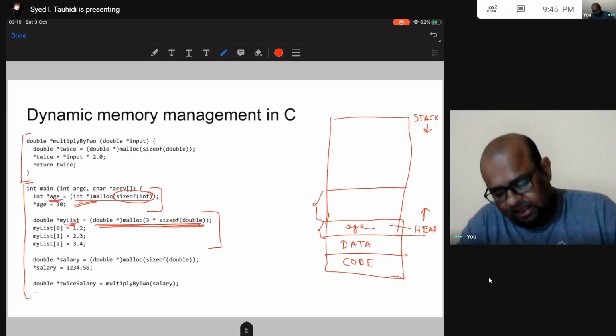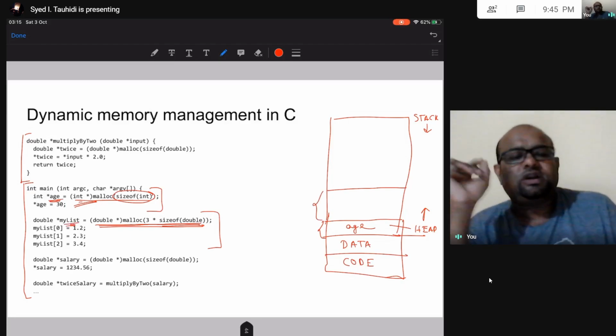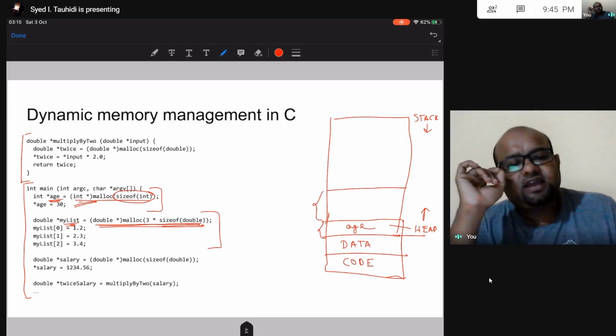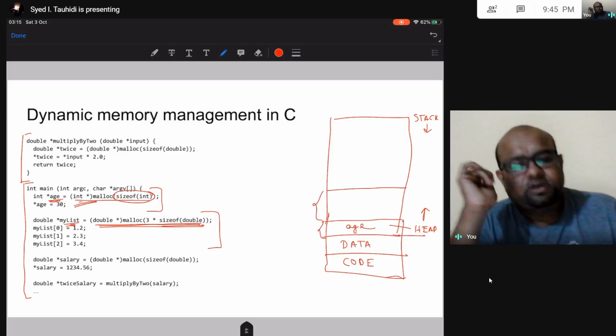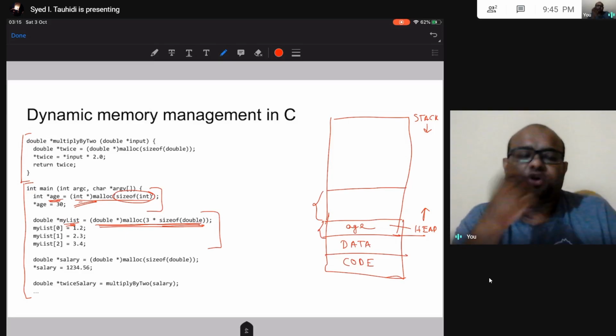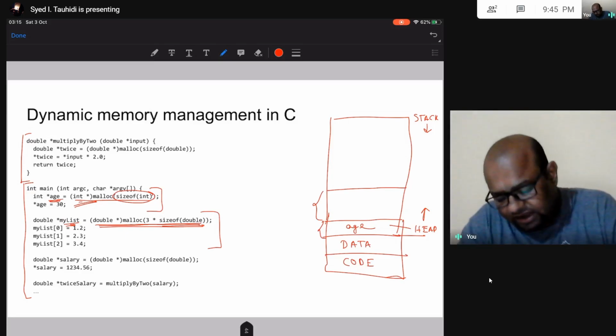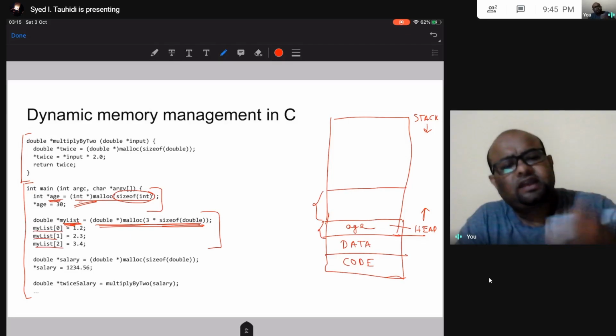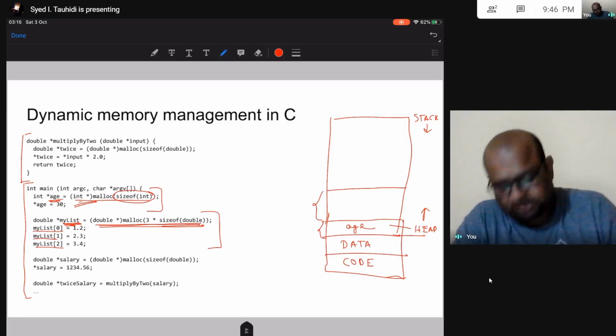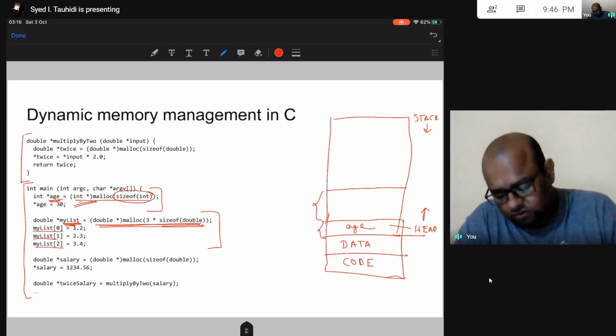Okay. And then what do? We already discussed this, that the name of an array is a pointer in itself. So if I have a pointer, I can use it as an array, right? So I had this mylist as a pointer, so I can access that as an array. Okay, an array name is a pointer, so a pointer is an array name. It makes sense.